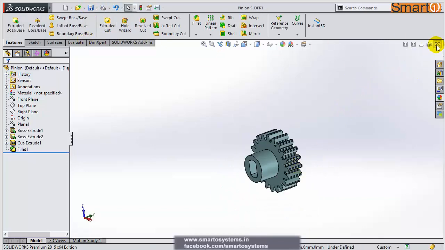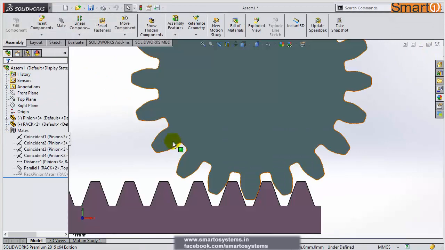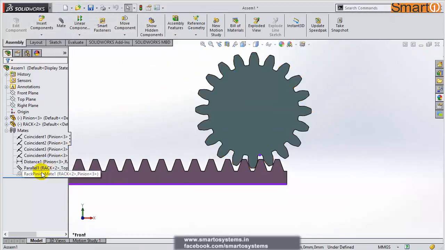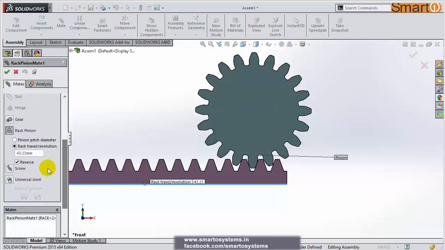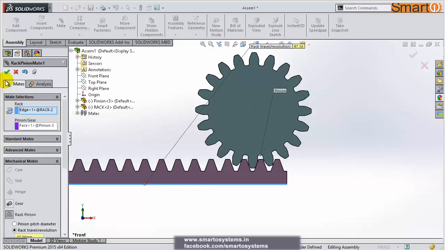Now I'm going back to the assembly, going back to the rack and pinion mating, putting up this value here, that value that I have copied from there. I'm pasting that here. Rack travel 47.36 mm. The rack will travel by this distance with one revolution of the pinion. Now just click OK